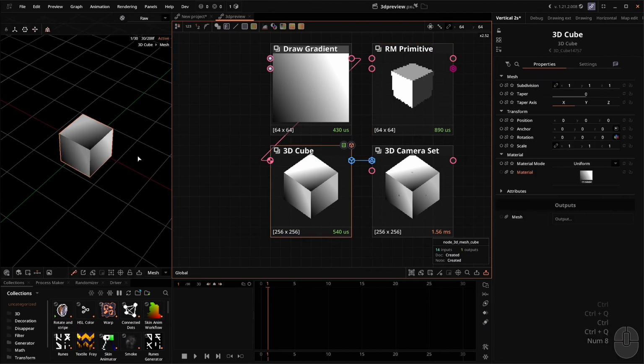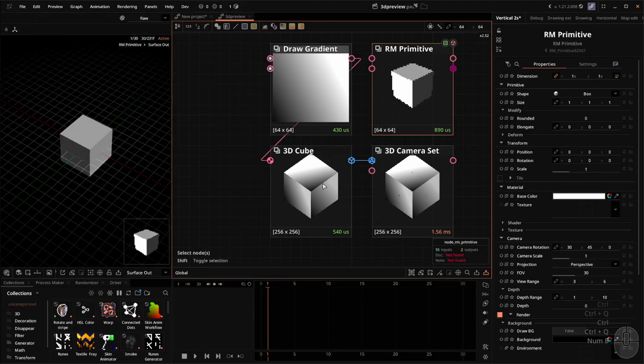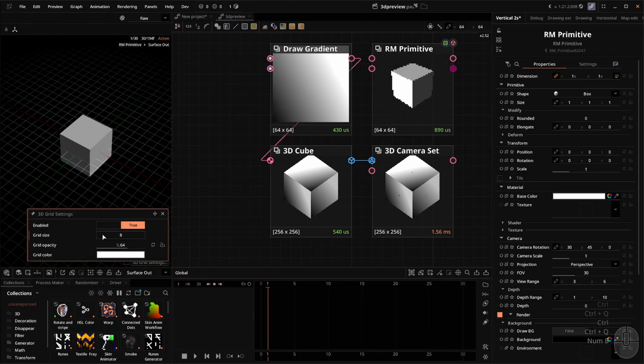I tried to make these two grids work the same way, but it's a completely different algorithm. It's kind of difficult to make it align. So right now it's not the same, but it has the same grid settings,